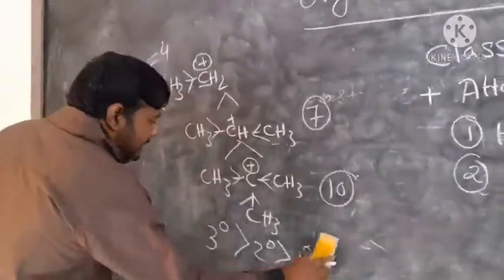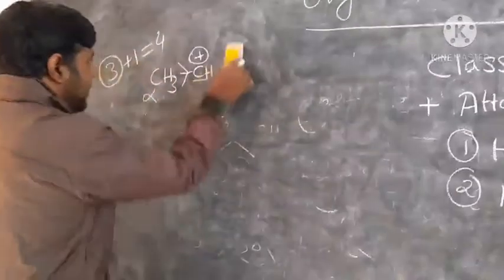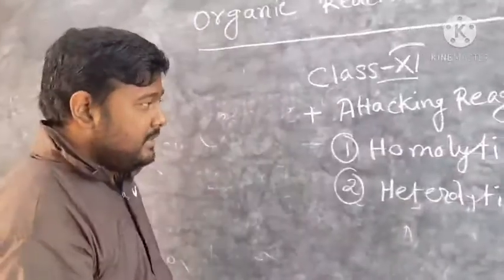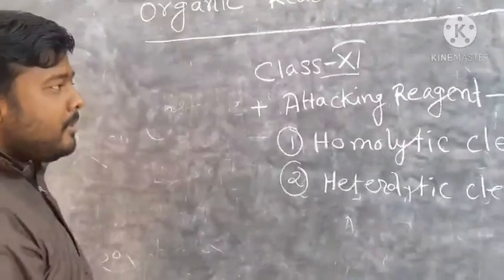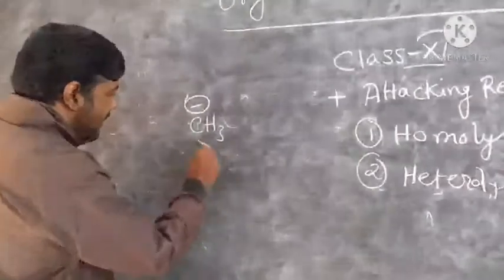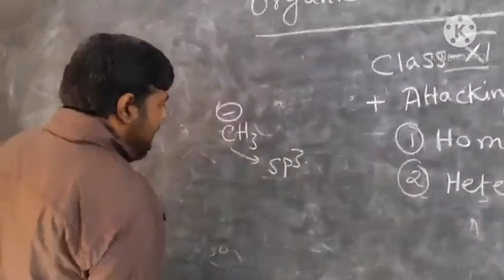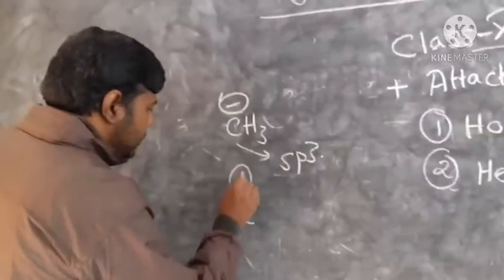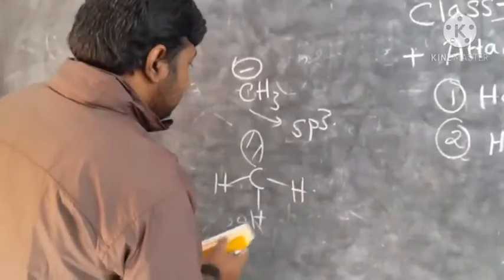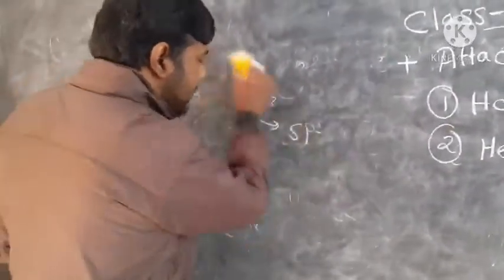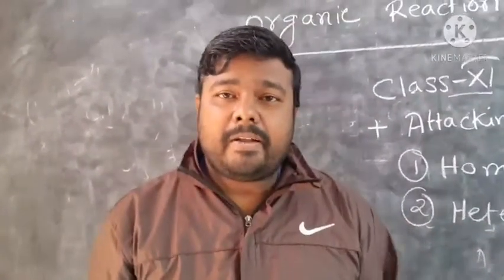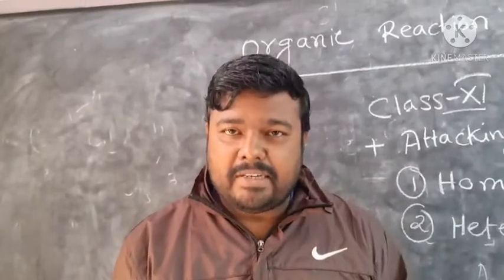Now, see, many carbocation stabilities can be explained either by the inductive effect, or by hyperconjugation, or by resonance. Another thing: if we consider the carbanion, the hybridization of carbon is sp3 here. sp3 means as there is a lone pair, the structure will be pyramidal. And also, the carbanion stability will be determined by the inductive effect, hyperconjugation, resonance, etc.